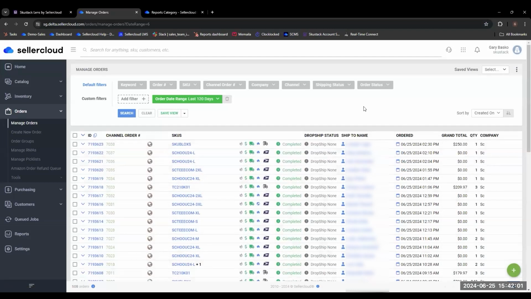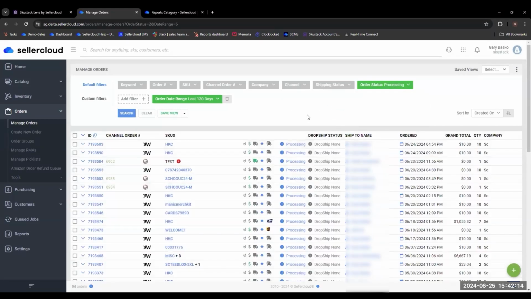So if I want to look for orders that are shippable, I want to look for a status of, where is it? It's order status processing, right? So processing means these are shippable orders. They're not on hold. They've been paid and they're ready to go. If I have a rule in there for unpaid orders to process and ship, I can set that up as well. But basically, I'm going into my orders page instead, manage orders,